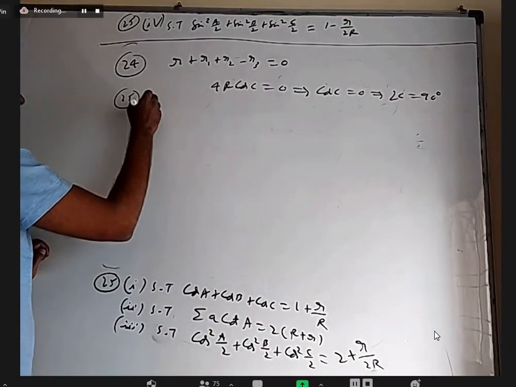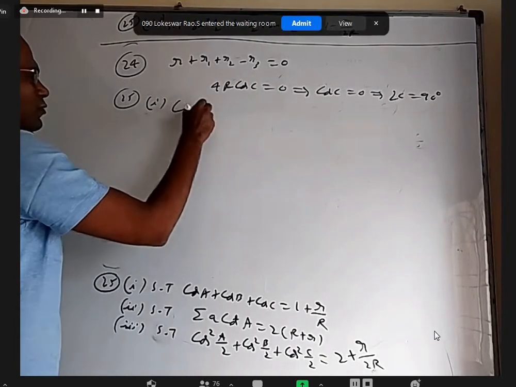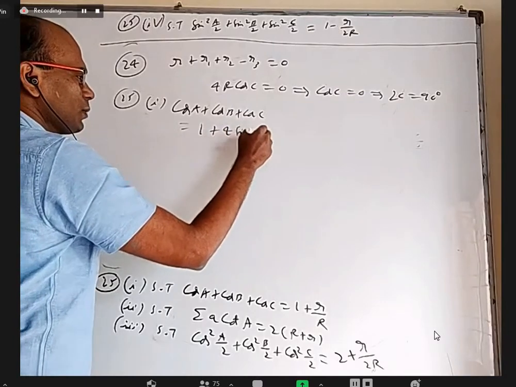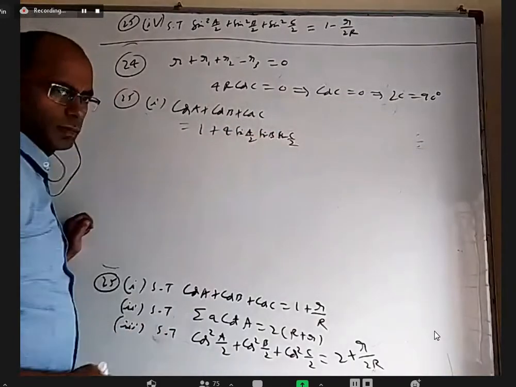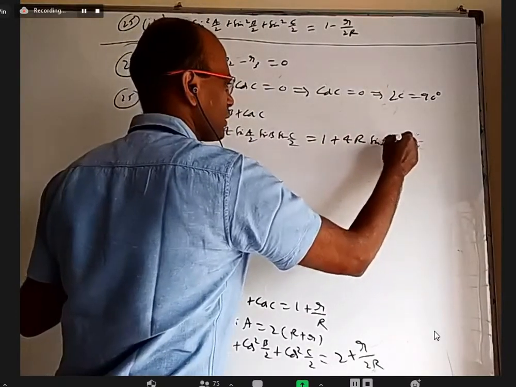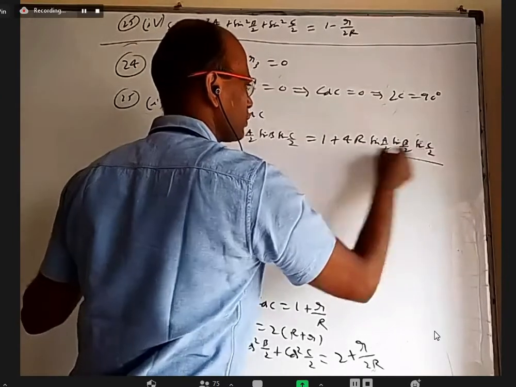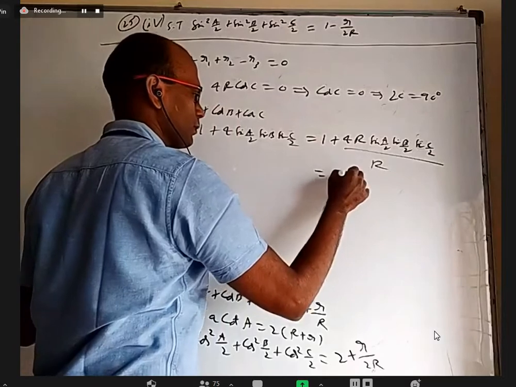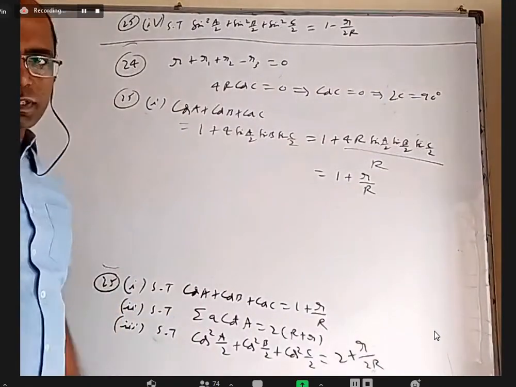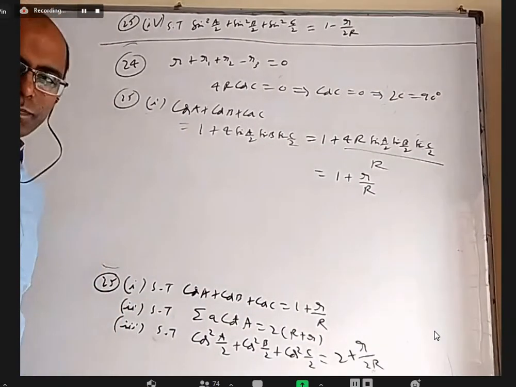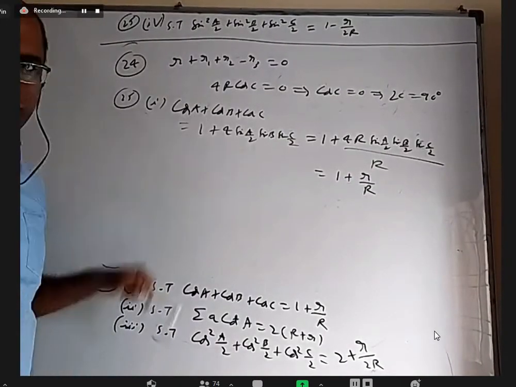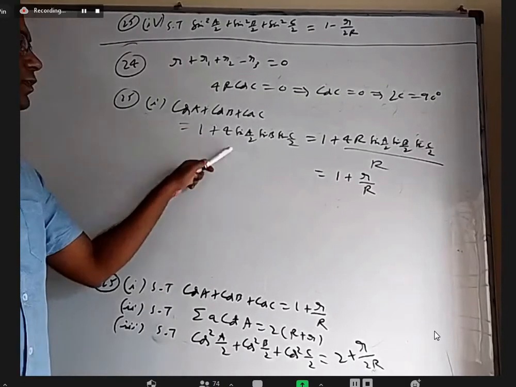Okay, 25 Roman 1. According to transformations, cos A plus cos B plus cos C is equal to 1 plus 4 sin A by 2, sin B by 2, sin C by 2. You can multiply with capital R, divide with capital R: 1 plus 4 capital R sin A by 2, sin B by 2, sin C by 2, by R. And that is the formula for small r. But sometimes this question will be given in an exam, for board exam for 7 marks. So what you have to do is, from here to here, whatever is required proof, you have to write all that also. It is not a formula that you can just take.